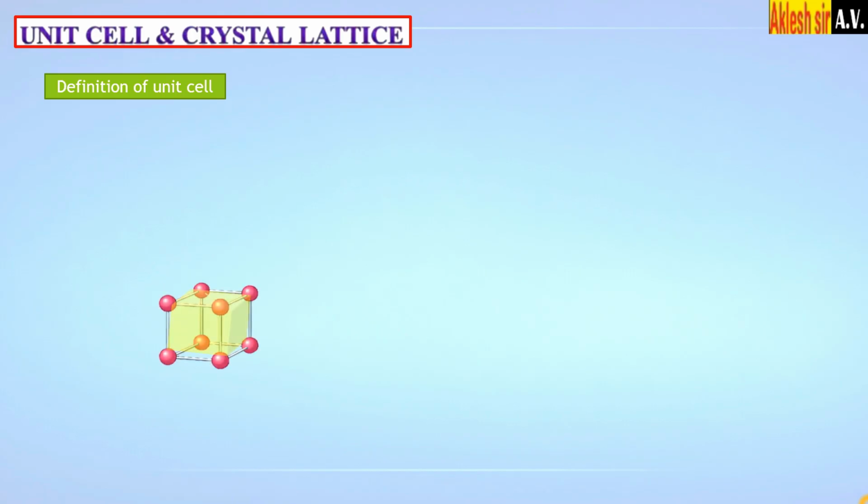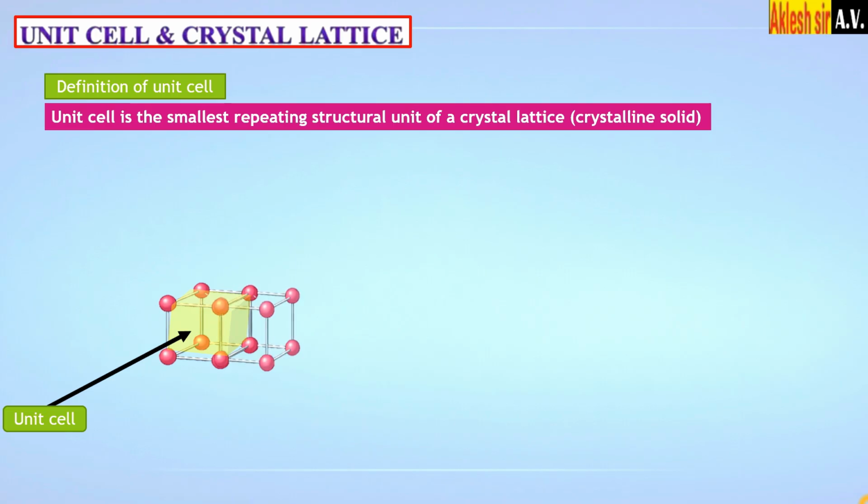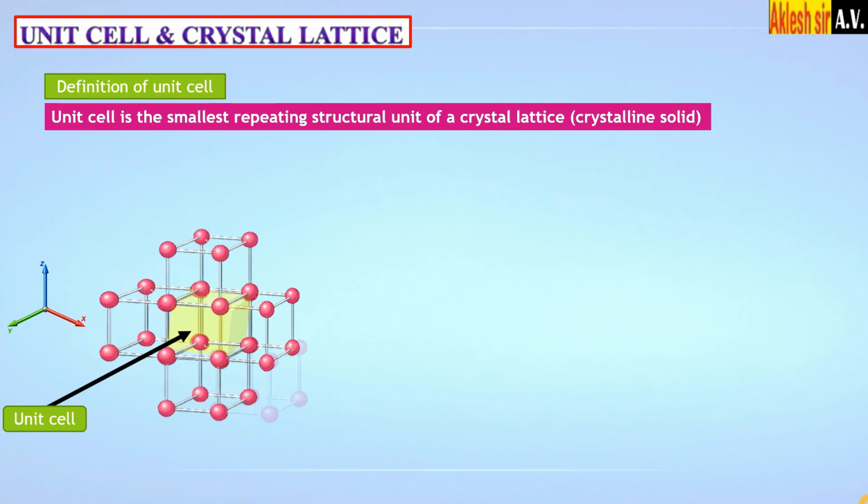Unit cell and crystal lattice. Looking at the definition of unit cell, if I take a small cubic structure, then I say that this simple small structure is nothing but a unit cell, the smallest structural unit of crystal lattice. And this unit cell has a tendency of repeating itself in different directions. If you see on the screen, it is getting repeated in different directions. So I add to my statement that a unit cell is the smallest structural unit of crystal lattice, which when repeated in different directions